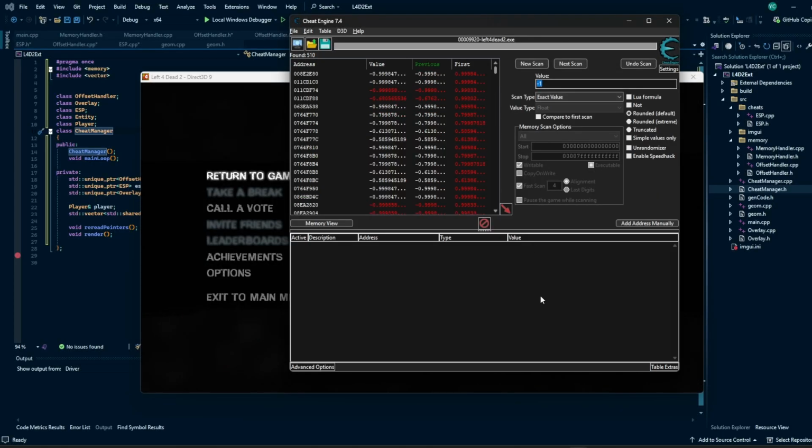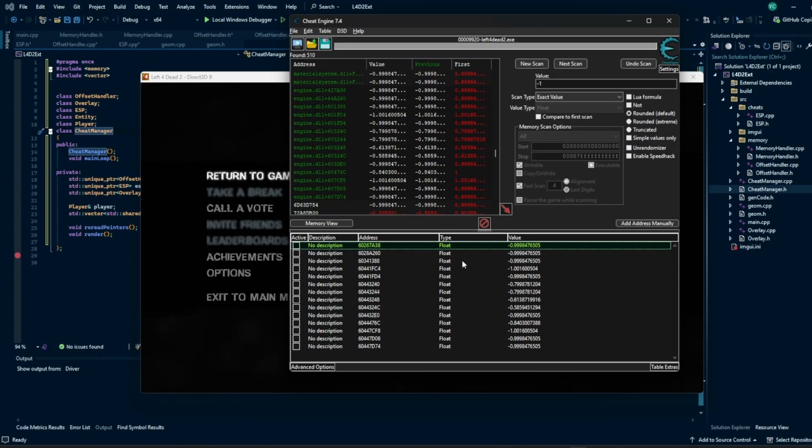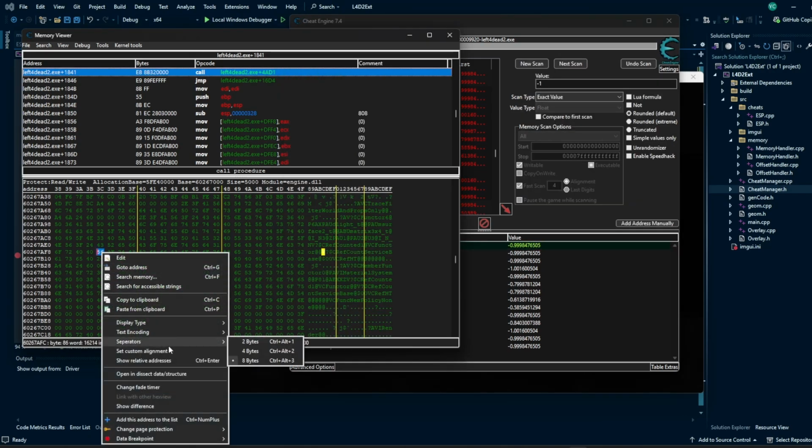Hopefully we should get some static pointers somewhere in here. Sometimes if we get lucky, we'll see static pointers, which means one of these is bound to be correct. Now how do we verify that and go from there? One way to test it out is to go to the memory view, right click, browse this memory region, right click this, display as floats,